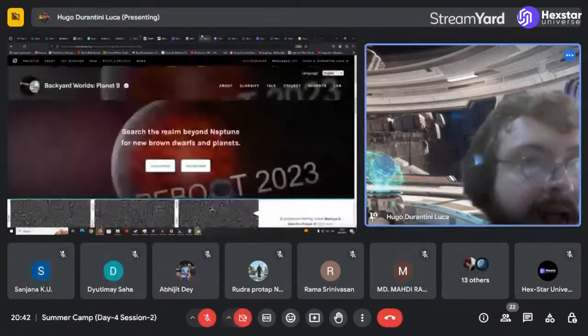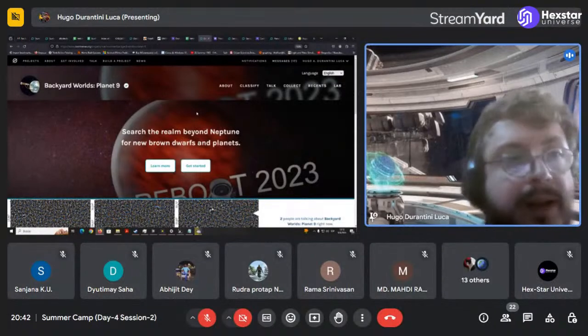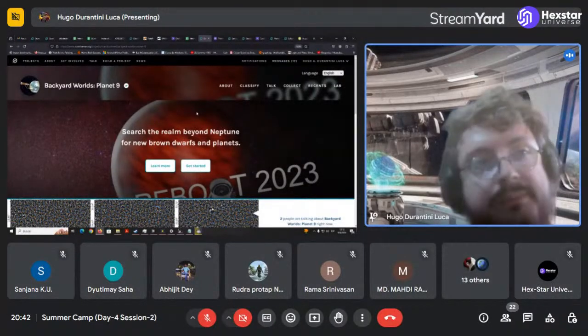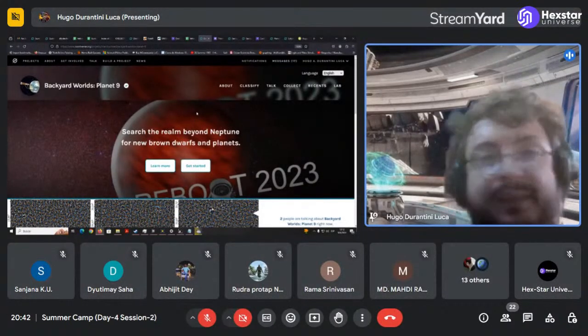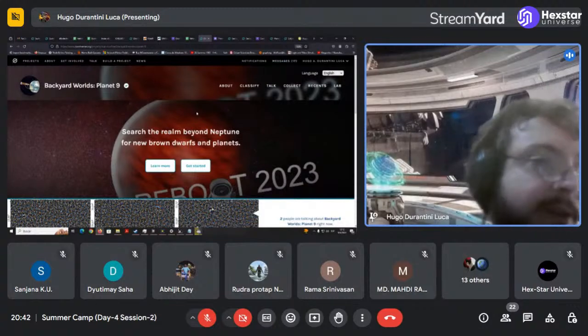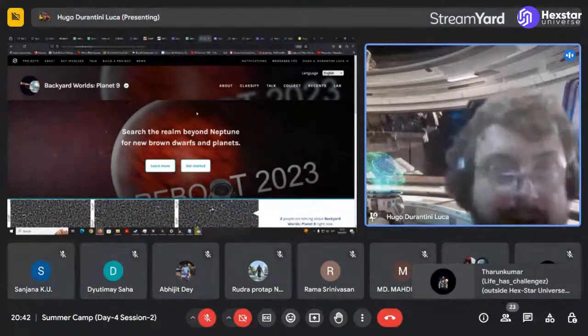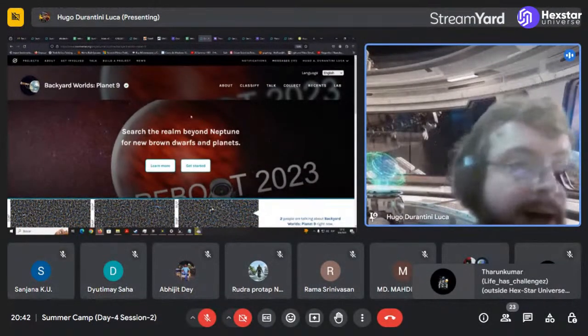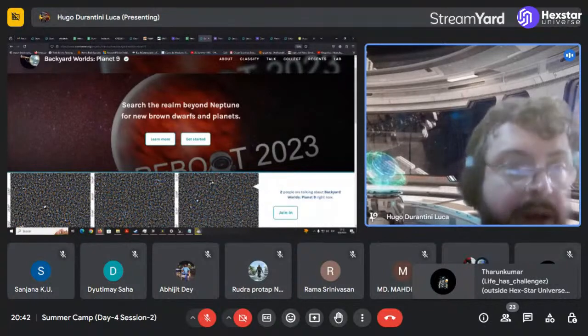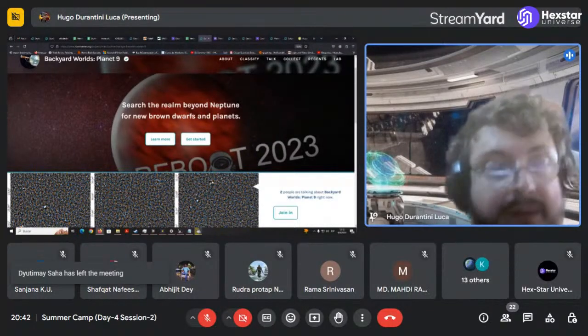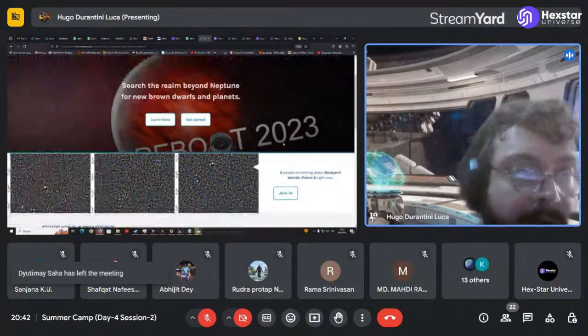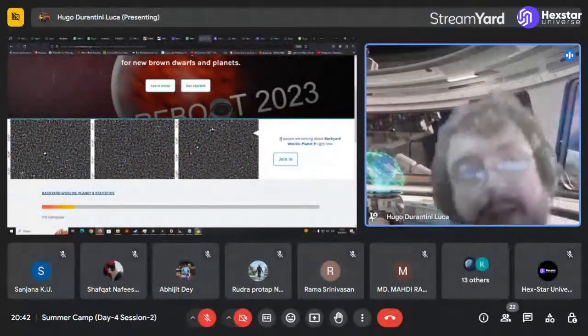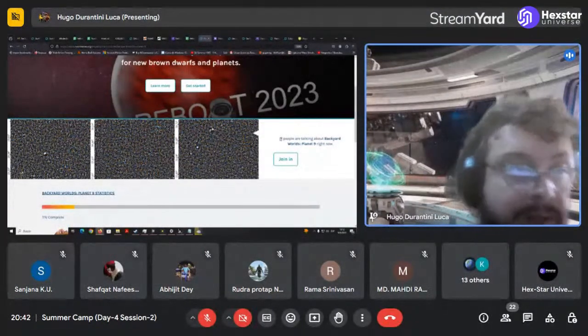Now, another project, Backyard Worlds: Planet 9. This was the first kind of sister project of this Detective that also used the WISE data, but in another completely different way, and not the original WISE data, but the data that comes from the current iteration of the mission that is called NEOWISE.